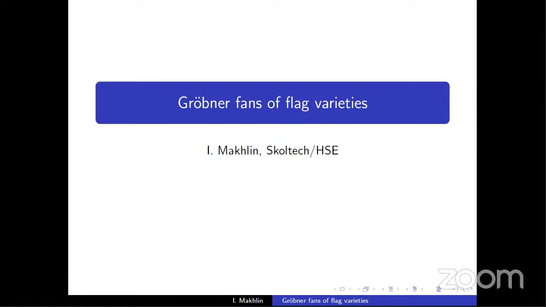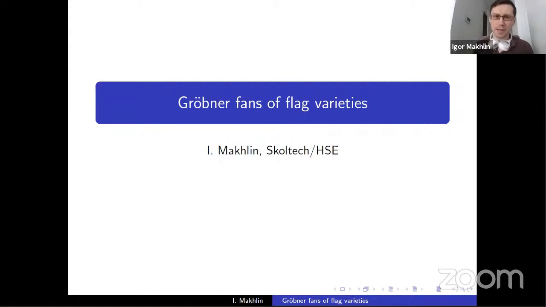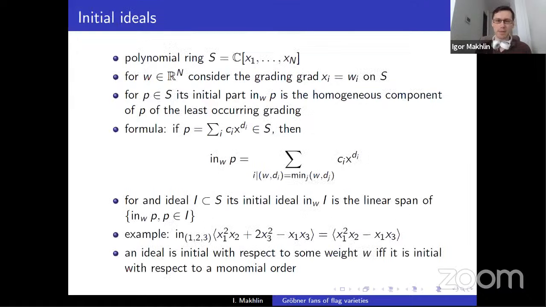So I'll be talking about Gröbner fans of flag varieties, and I think I'll just dive into it. So I will start with reminding some simple definitions. So first of all, initial ideals. Here we have what we have in this context. I will have a polynomial ring S in n variables, and